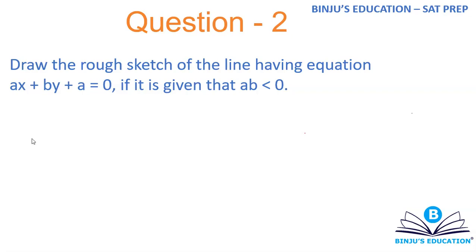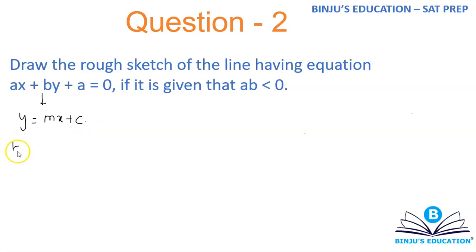Alright, let's see what we can do with this one. Now, whenever you need to form a line, we have discussed this in the basics of coordinate geometry. Whenever you want to form a line, you basically require two things. One is the slope and one is the intercept. These are the two things that you require. The first thing is, if you want to calculate slope and if you want to calculate the intercept, you will convert this in the form of y is equal to mx plus c.